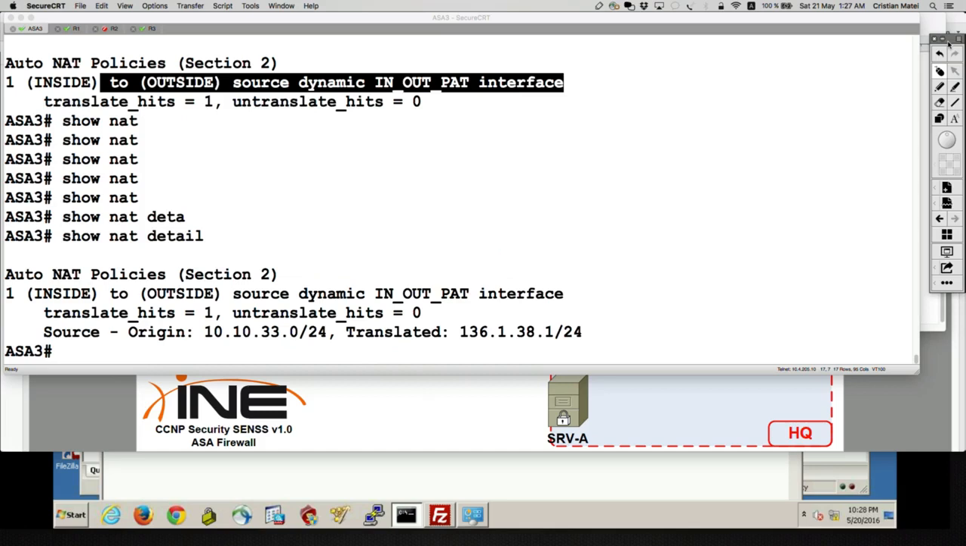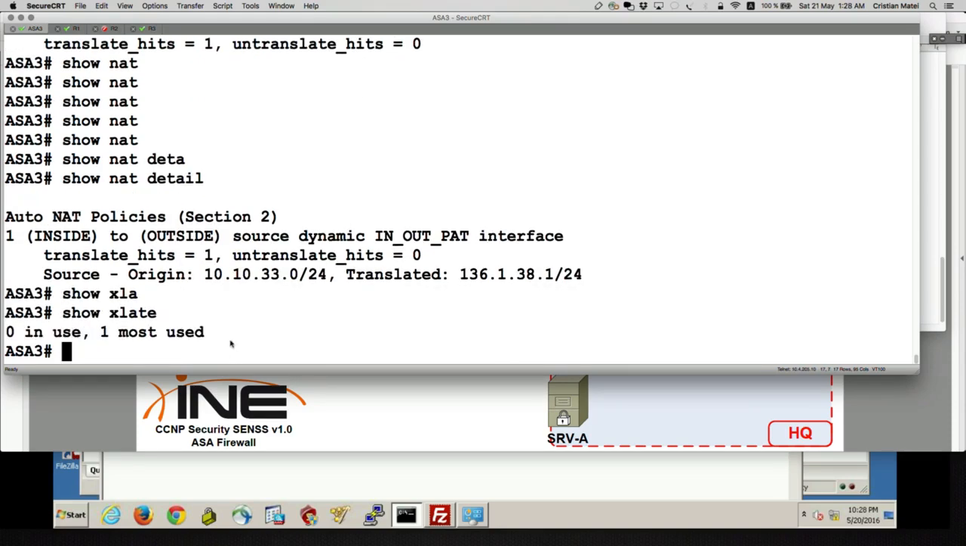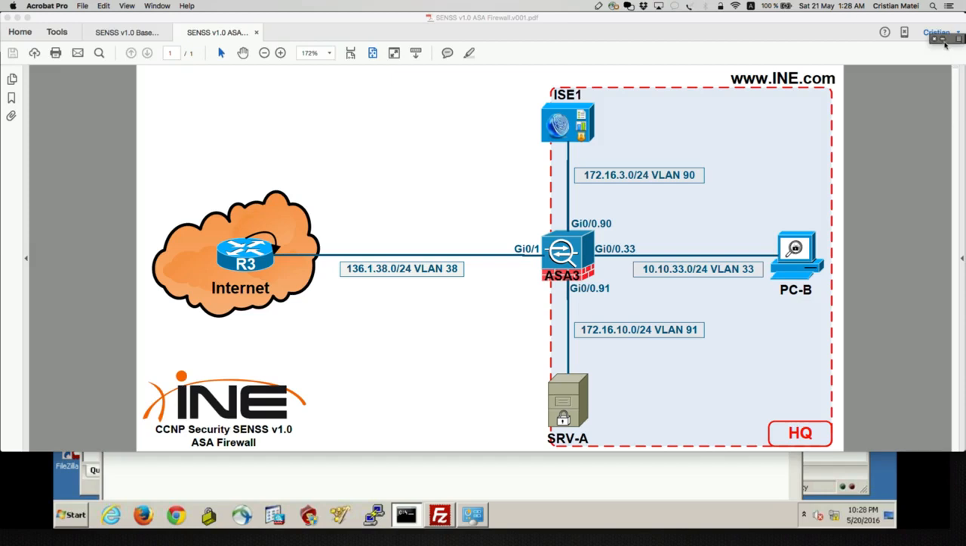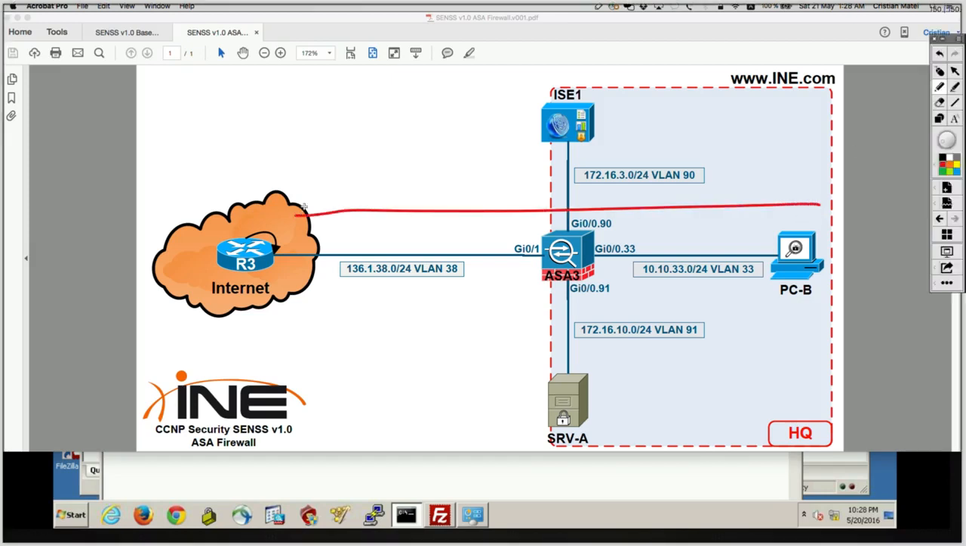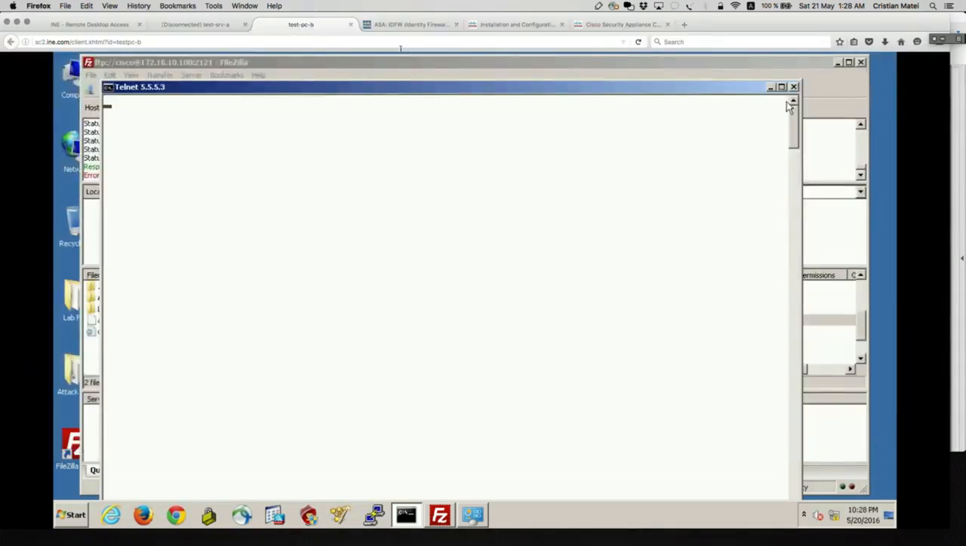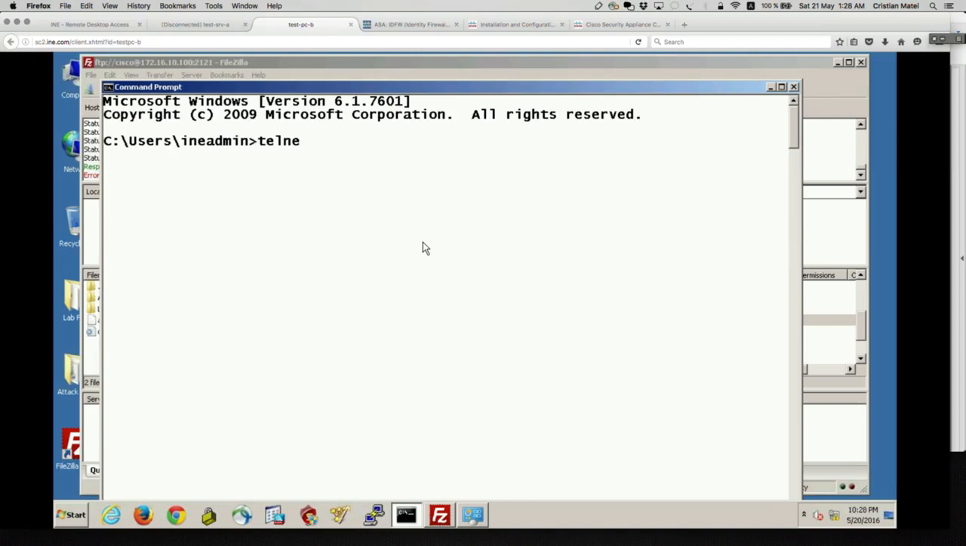Of course, it's because this is dynamic NAT. If we say show xlate, we should see nothing in the table because this is being built on demand. There we go. But now, of course, if we now send traffic from PCB out to router, it is going to get NATed into the Gig0/1 interface. Let's go on PCB and, for example, telnet the router's loopback. Let's say telnet 5.5.5.3,